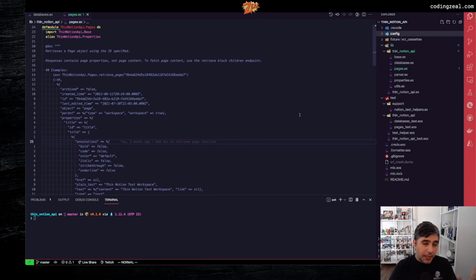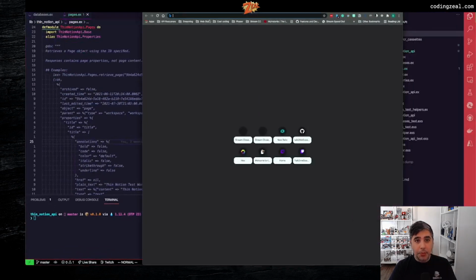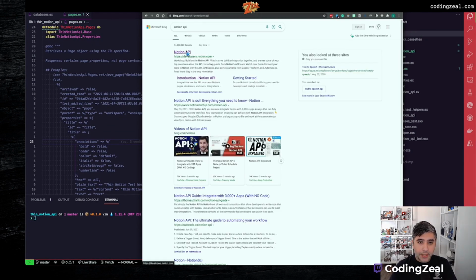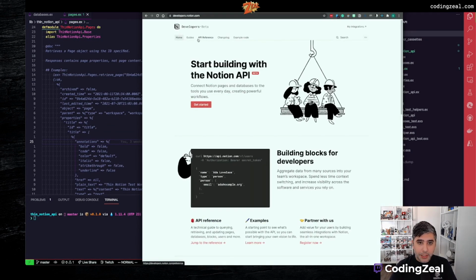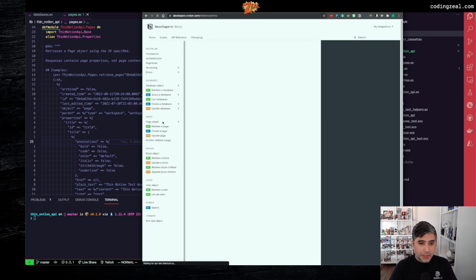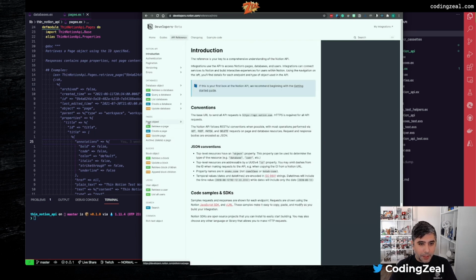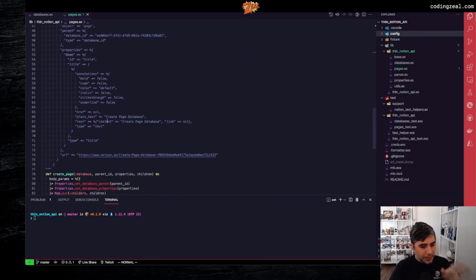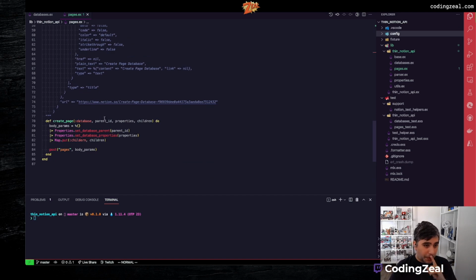Not yesterday. Last Friday, we were working on the pages portion of the API. So let's go ahead and go to the documentation real quick and go to the references. So we're continuing our work on the pages. We had completed the database and we were moving on to the pages next, and had spent the stream working